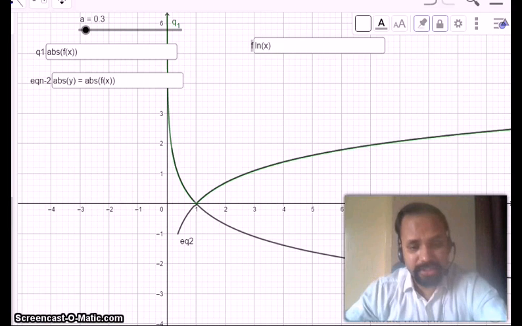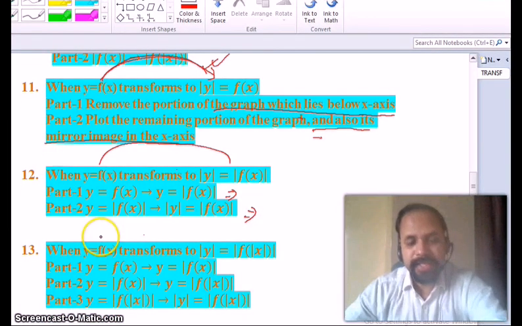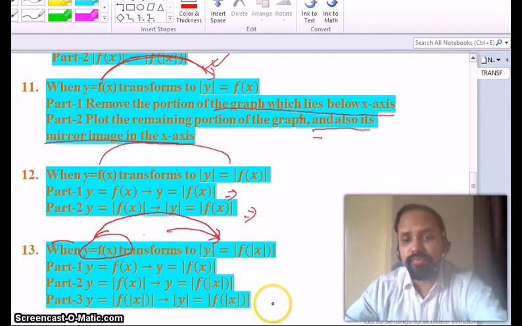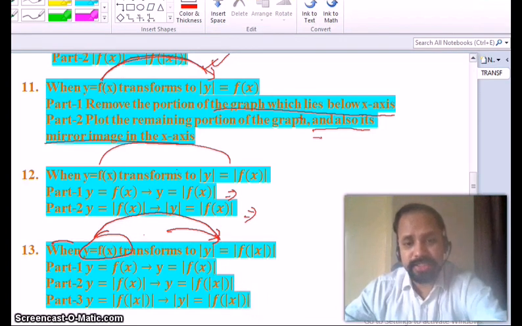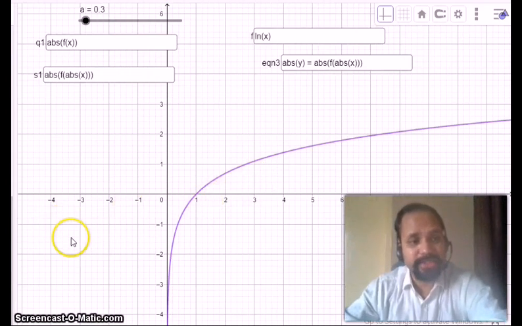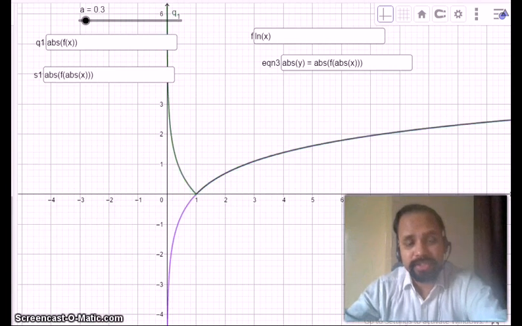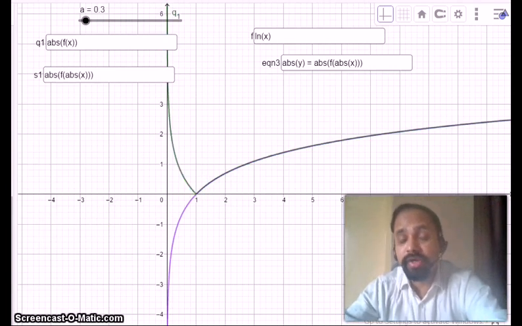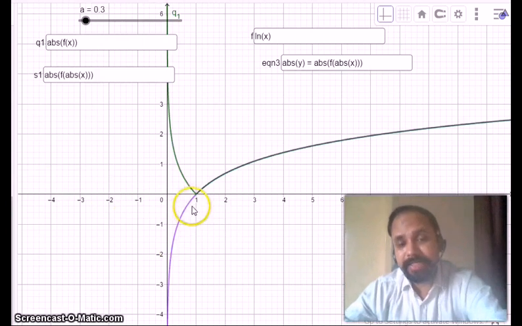Let's come to our next property, that is transformation. We have to draw the graph in 3 steps. If we were to transform y equals f(x) to mod of y equals mod of f of mod x, first we have to draw the graph of y equals f(x), and first transform it to mod of f(x). Like this one, if we have a graph y equals log x, first we have to draw the graph of mod of log x. That means in mod of log x, we simply omit the part that is below the x-axis and draw the image of that with respect to the x-axis.